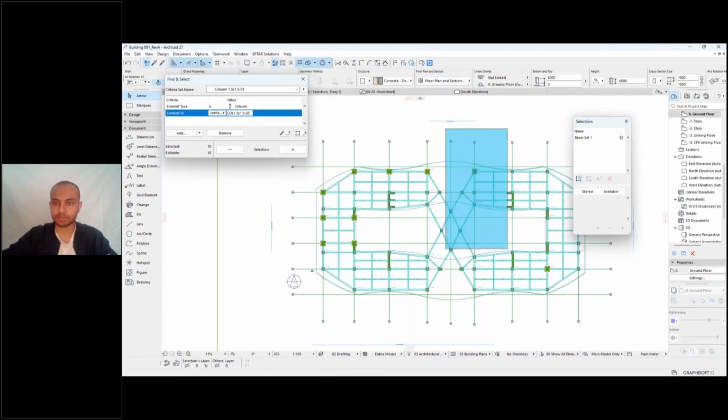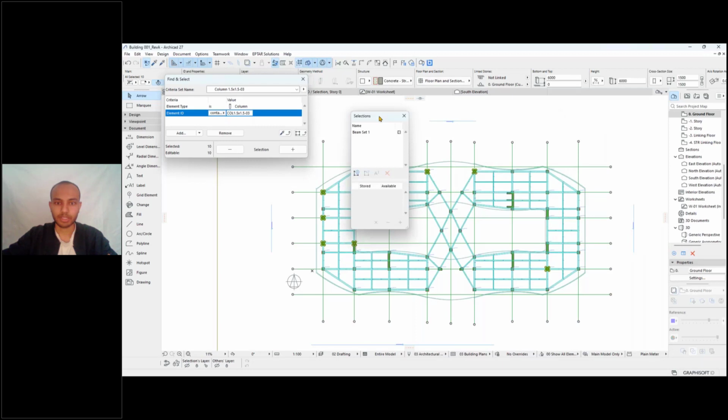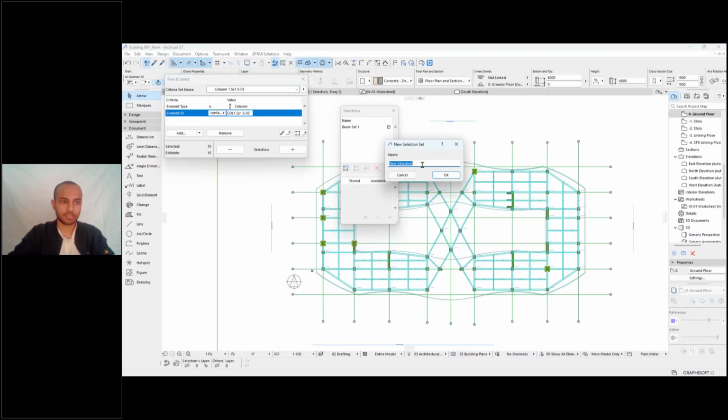So the selection palette over here can be used to store them. So if I create a new selection set here and say the same name as earlier, column 1.5, 1.5, 6,